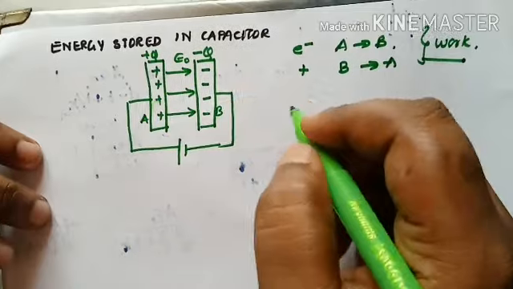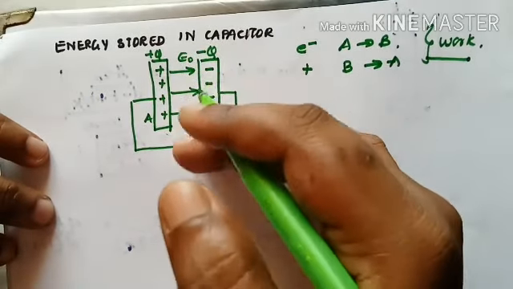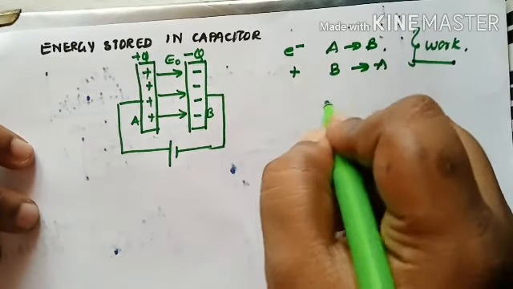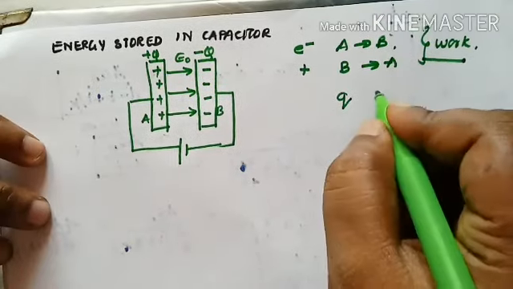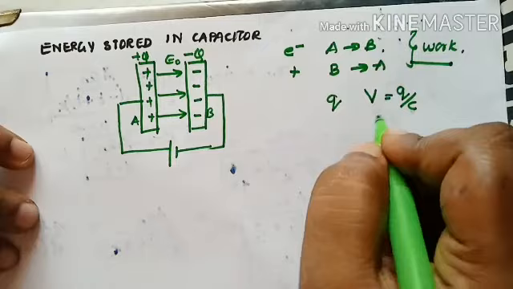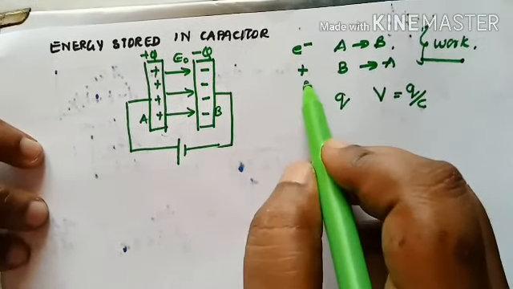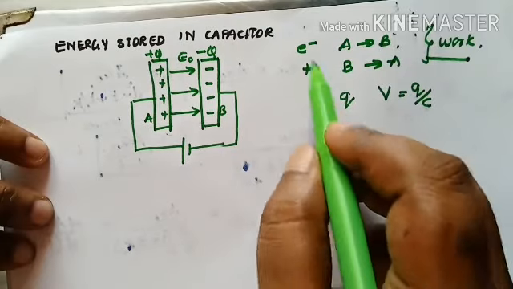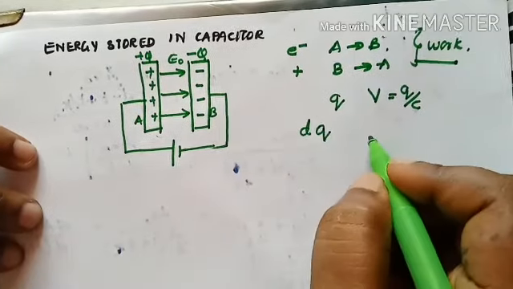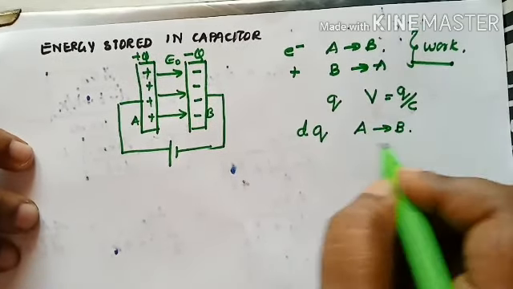Now, a capacitor only gradually gets charged. It takes time to charge a capacitor. At any stage let the charge on the capacitor be Q. So what will be the potential V? That will be V is equal to Q by C. Now I want to move an electron or a proton, so that means I am going to move a charge. Let that charge which I am going to move be dq, and I am moving it from plate A to B. Then I am doing some work.